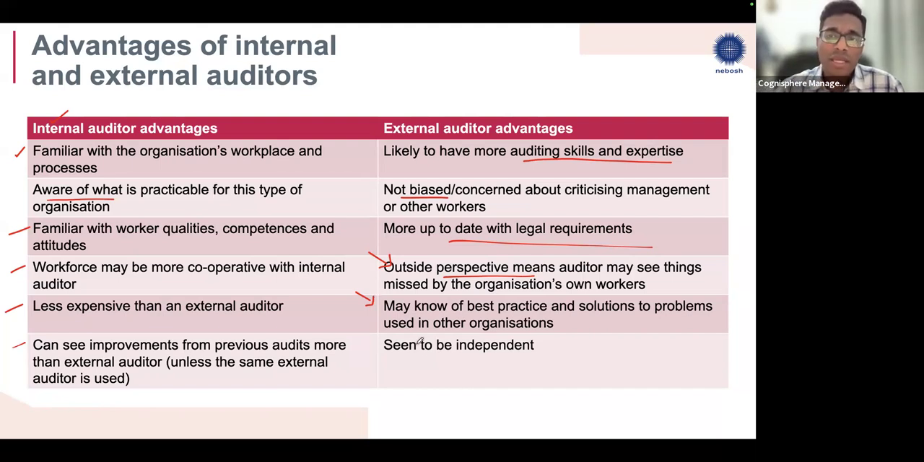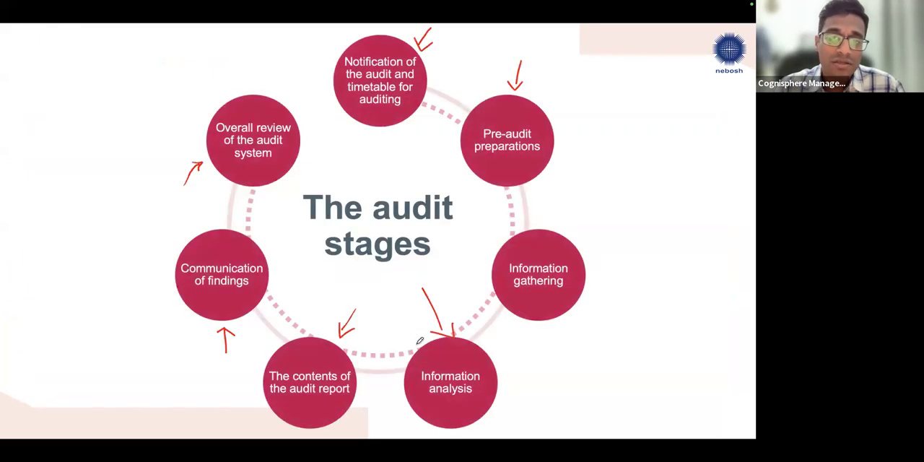And then seen to be independent. So they will not be biased, or they cannot be influenced by the internal person. Okay, so that means that is seen as an advantage. Now here there is no slide for limitations. So that means